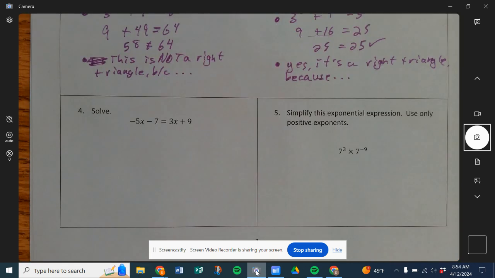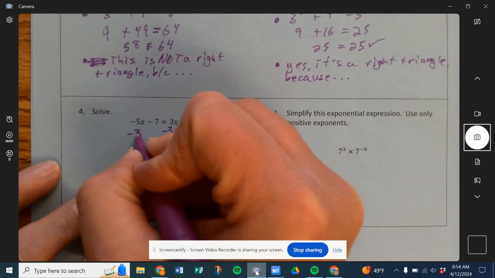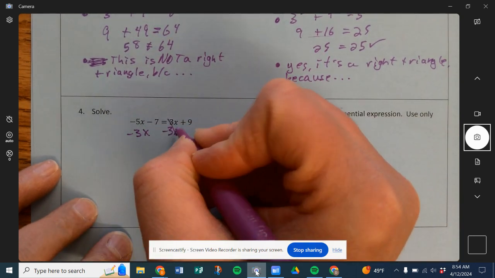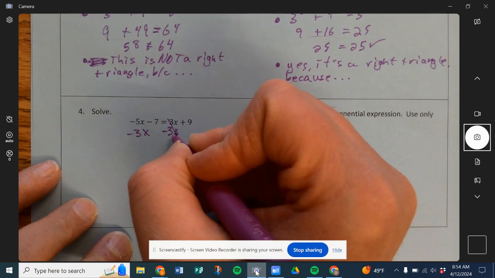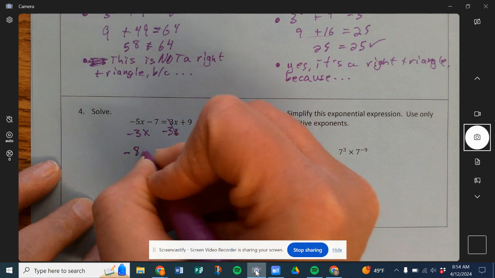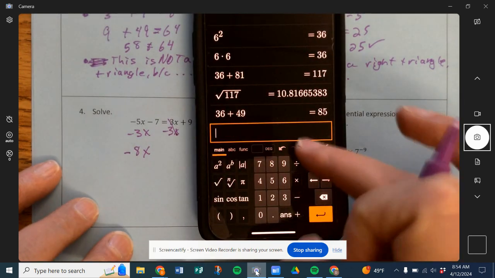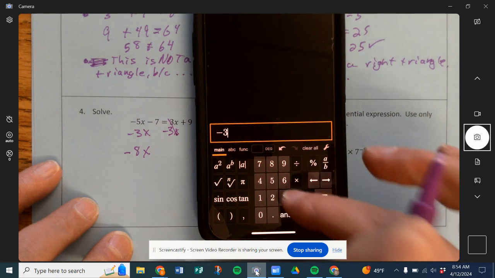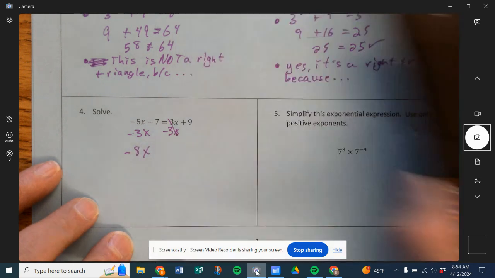Okay. We are going to solve this. I bring my x's to the left side. Okay. It cancels out right here. The inverse of being positive is negative, or the opposite of being positive is negative. So I subtract here and I subtract here. -5 minus 3 gets me to -8. And if you're like, what? That's -2 or whatever, right? Just realize that. Use your calculator, right? -3 minus 5. You go left on the number line rather than right, okay? That gets you -8x,